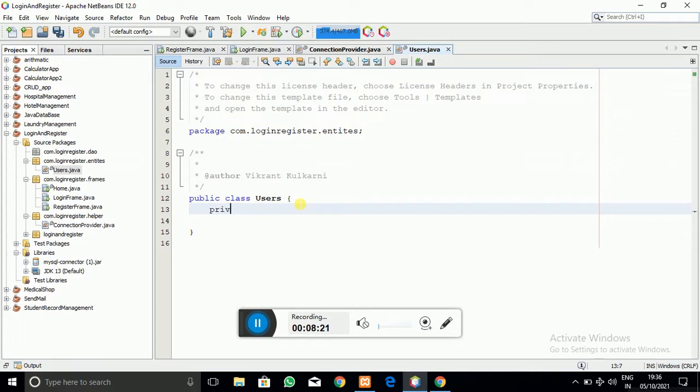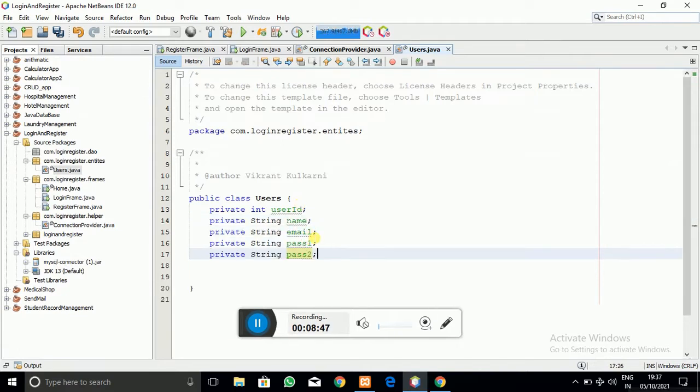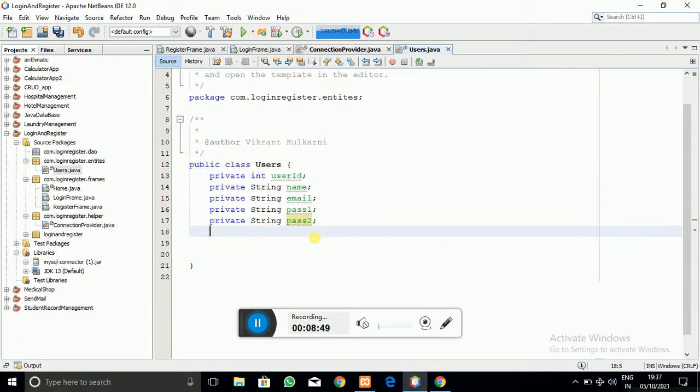Here you can see that I am going to create the same variables as we have created in the database, that is user ID, and another one is name, which is of the string data type. And similarly I am going to create the email and the password also. So let's create it. Here you can see that I have created that.